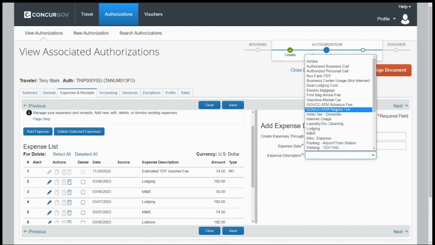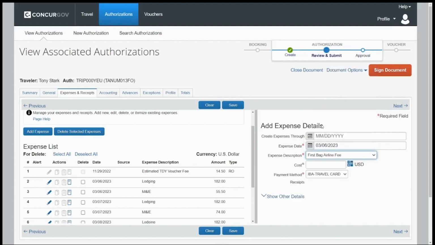In this example, we will choose the first bag airline fee. Next, enter the cost of the expense as a number only, no dollar signs or other special characters. For expenses other than per diem and those associated with previously booked travel reservations, you will need to estimate the